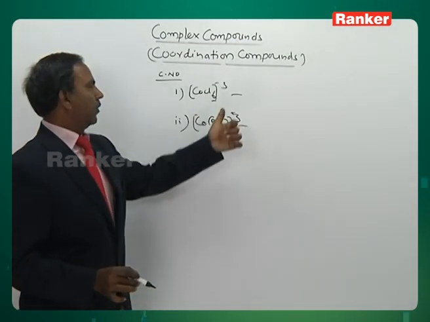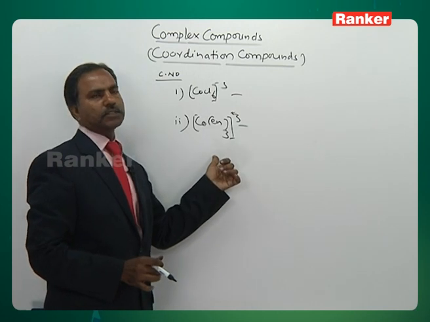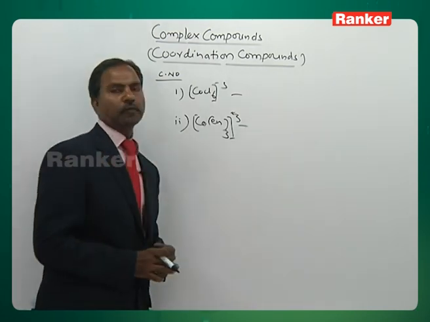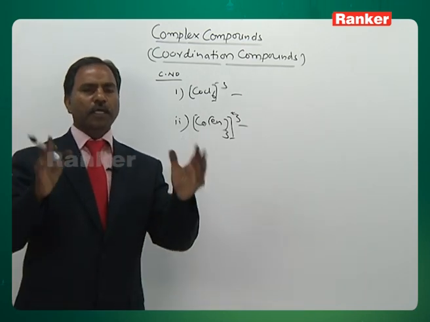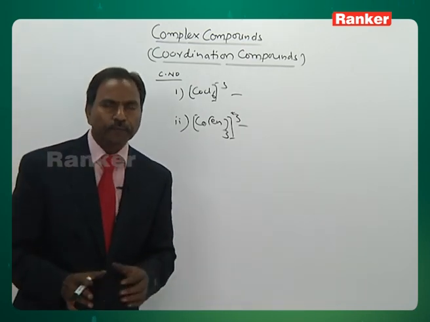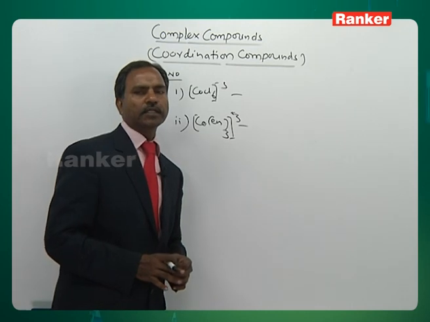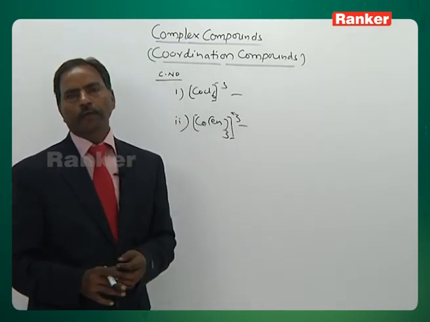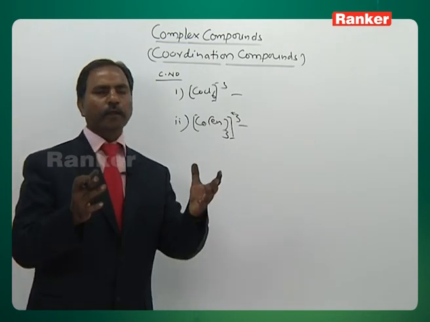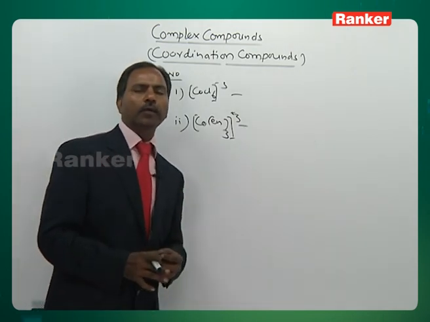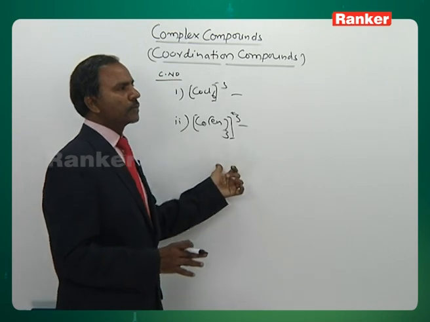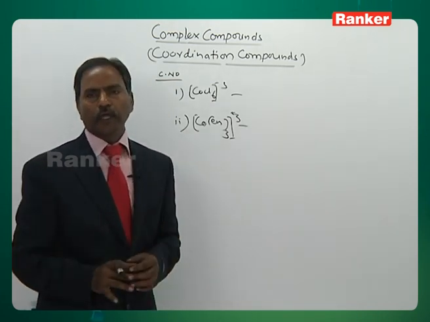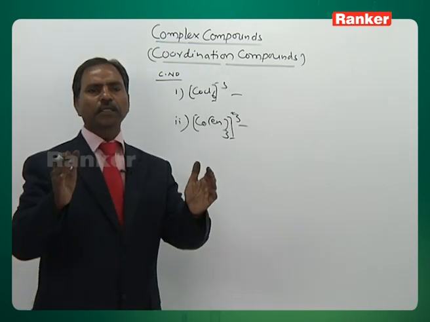So one is cobalt hexachloride, and the second one is the tris ethylenediamine complex. So what is actually coordination number? What is the definition of coordination number? You can consider it the number of ligands in a complex. But some of the ligands are monodentate, some are bidentate, some are hexadentate. Therefore, you simply cannot say number of ligands equals coordination number. It is better to say the coordination number is the total number of chemical bonds between the ligands and